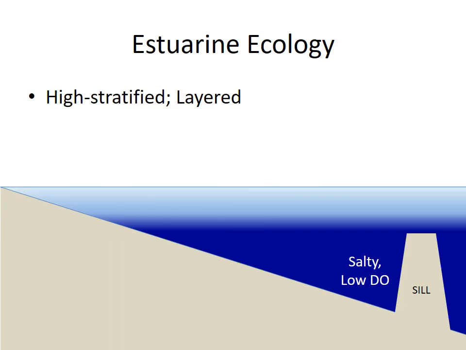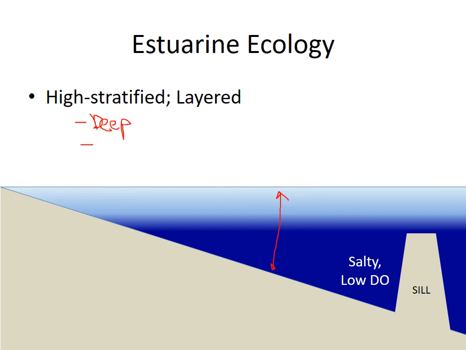All right, so we sort of talked about an extreme version of the estuary where it's very well mixed and no difference in salinity between the surface and the bottom. But now here's the opposite end of the spectrum, where it's a very stratified estuary where there's a very strong difference in salinity between the surface and the bottom. And you tend to find this in deep estuaries,